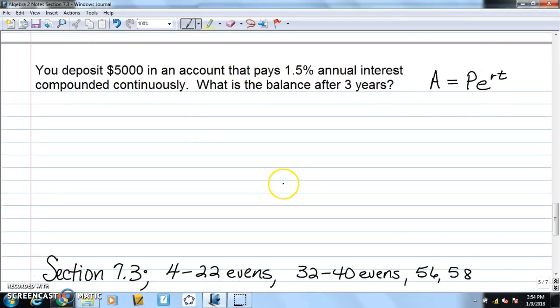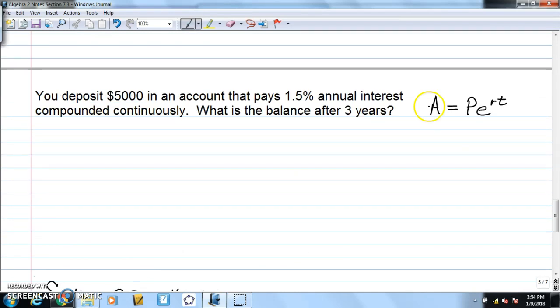Okay, this is a new equation right here, and this you will want to know. This is the amount of money you will have in an account if you invest P dollars, that's the principal, at a certain rate, APR, annual percentage rate, over a certain number of years, T. And it's compounded continuously. That's the key here. So what this does is,